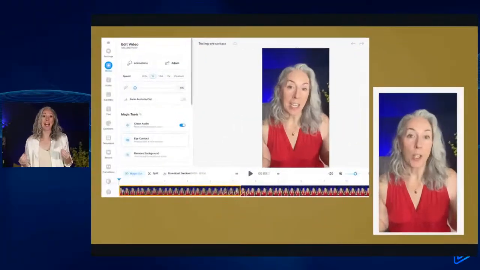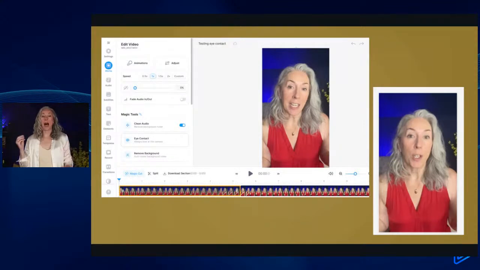And your video will not perform well. If you are not making eye contact with the viewer, that video is just not going to do well because you need to be looking at the viewer as you are recording. So here's the thing that's so cool about Veed. They have figured out how to use AI to fix where your eyes are looking. I don't even understand how this could possibly work,